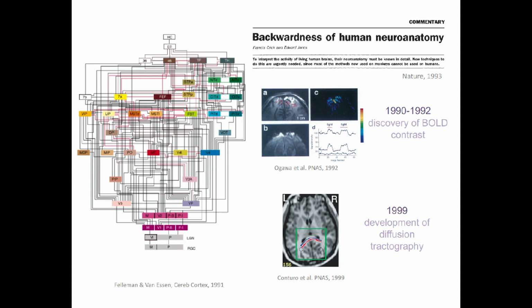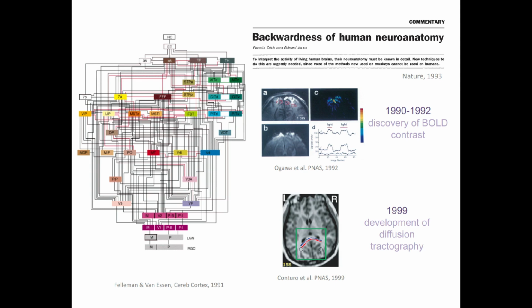So a couple of years later, Francis Crick of DNA fame and Edward Jones, a famous neuroanatomist, bemoaned the fact that we had no comparable data in the human. We just had no way of measuring brain activity in this kind of sense. And they said this is such an important fundamental aspect of brain function, and we just can't access it at all in humans. It was an auspicious time for them to be writing it, because a year earlier